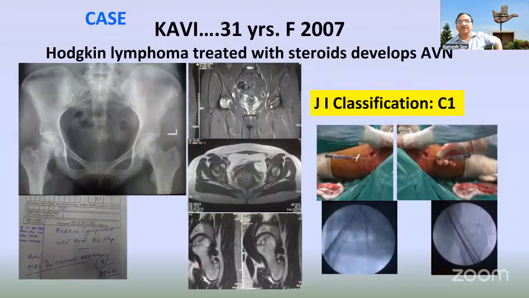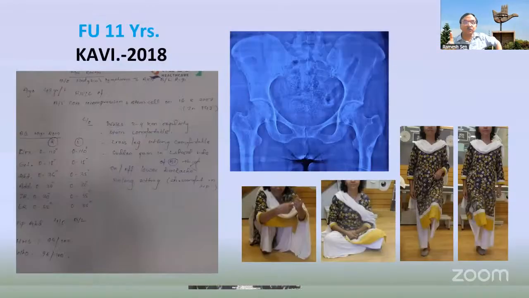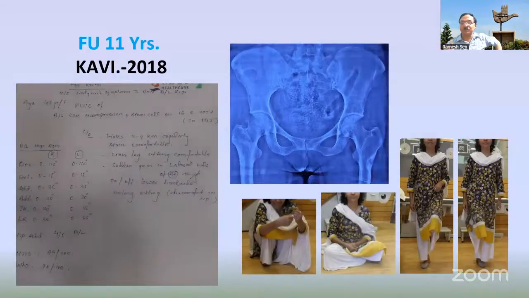Then I present another case from 2007, when these were all my cases during my PhD work. So this is a case where we had defined it. Now I am using GIC for all those cases also. It was a C1 kind of lesion. I did the same thing. The pictures are there of that time also. You can see it out. And now she's at 11 years follow-up. You can see it out. Her hip is as good as it can be. Her symptomatology I have already written. She was a case of Hodgkin lymphoma where she had steroids, and this is the outcome. She is still maintaining the full functional range, and you can see the Harris hip score is 94, WHO quality of life score is also 96.